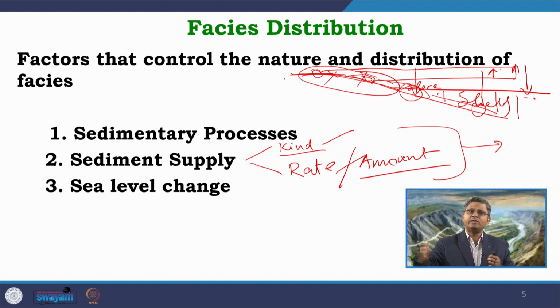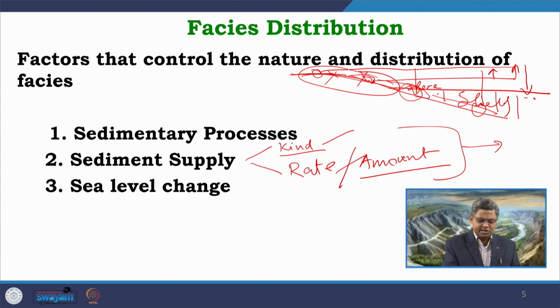Because the sea is going back, it is getting more area to flow and river conditions will prevail. So, more erosion will prevail, and more sediment supply will be there. All these things indicate a change in the depositional conditions, a change in the processes, and those processes will result in a change in facies, and together they will produce a change in the facies association and the depositional systems.